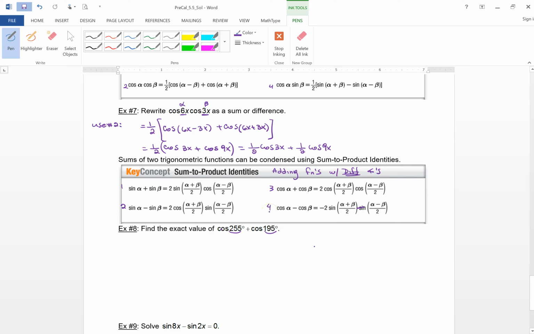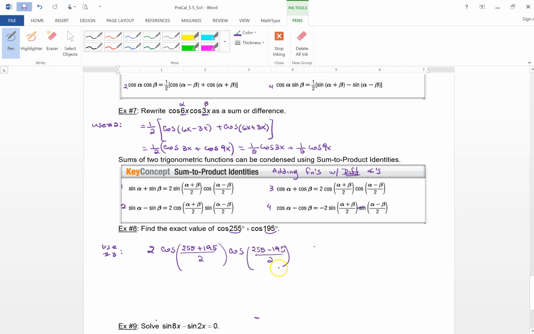Number 3. And it's just going to be 2 cosine of the first angle plus the second angle over 2 times cosine of the first angle minus the second angle